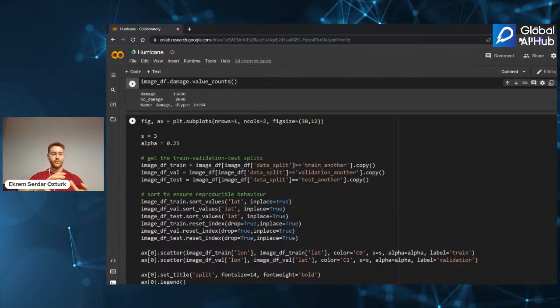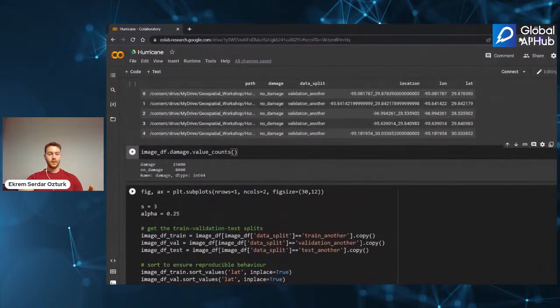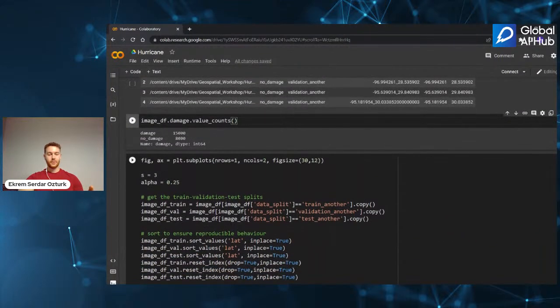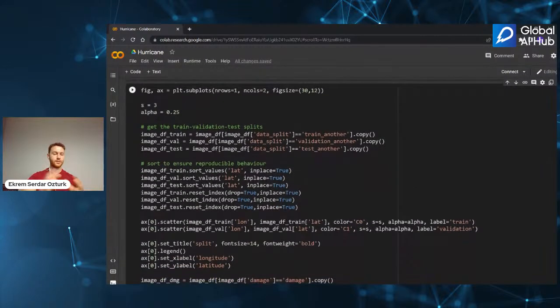We use fancy indexing on our data frame. We take the image data frame, select the train rows, and assign it to image df train. We do the same thing over and over to create the other data frames. We just split them.